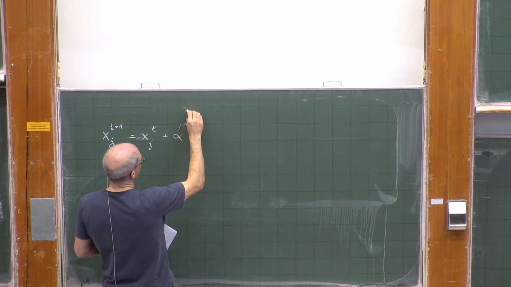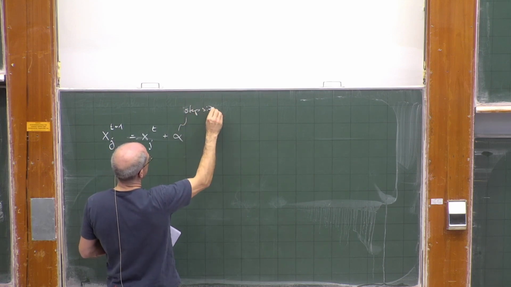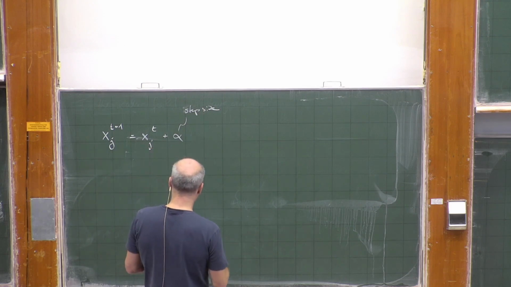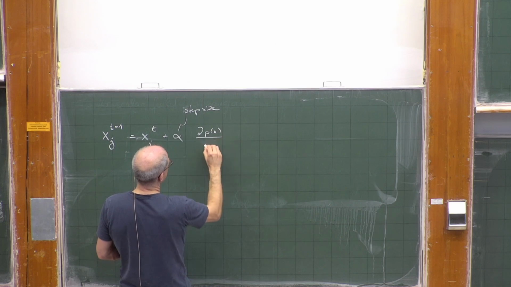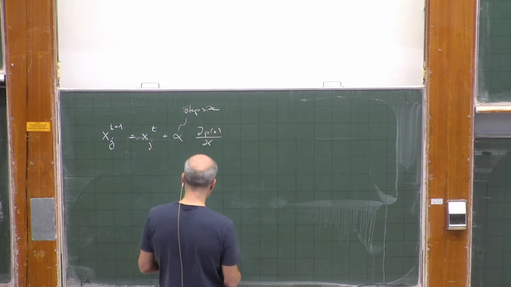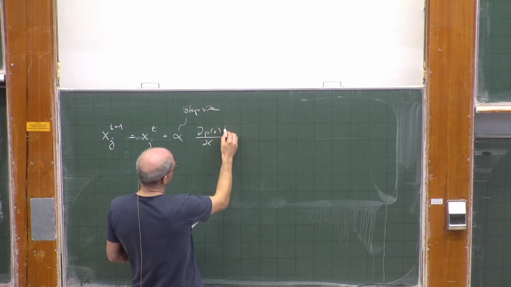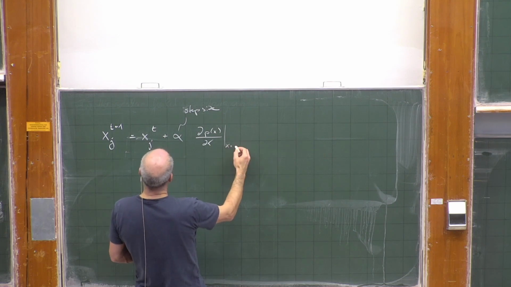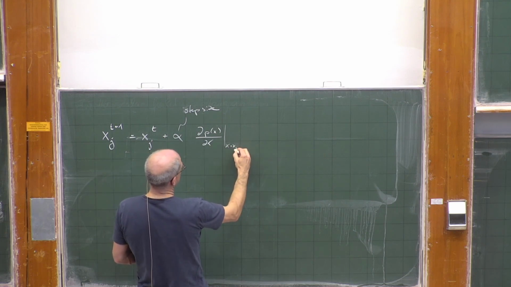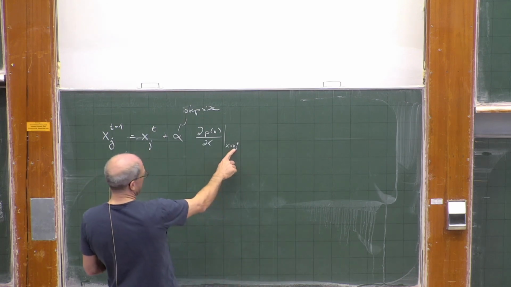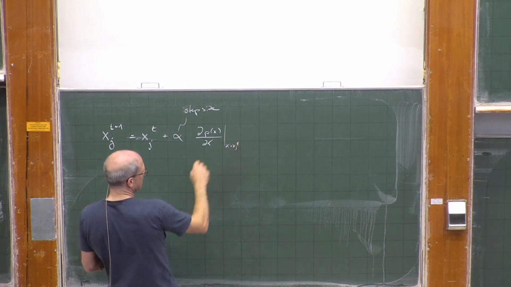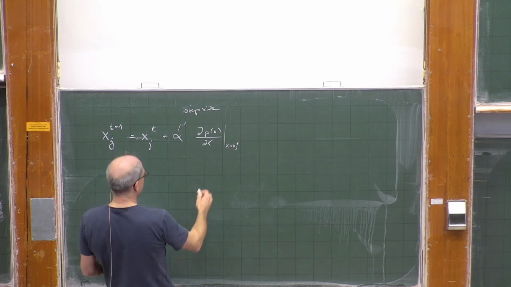So this is a parameter to choose the step size. And then we need the gradient. This gradient is evaluated at that point's location at time t,